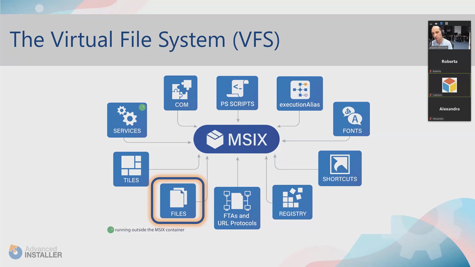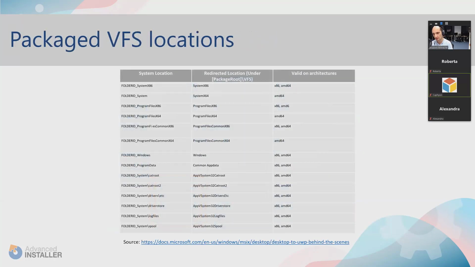And inside those folders, you will find a list of folders like these ones, among other custom folders that your application might resource. So the folders from the middle column are the ones that are mapped by the virtual file system to the known locations that you know from the system, like